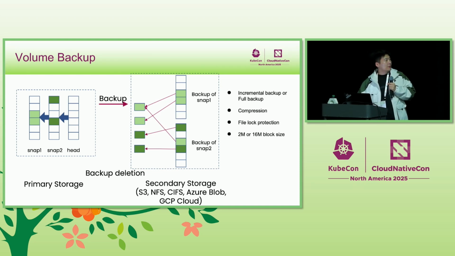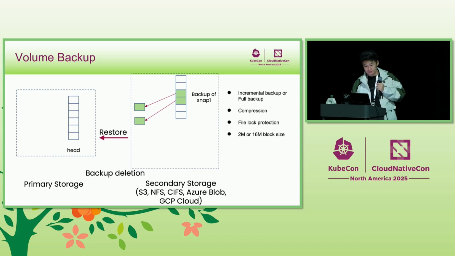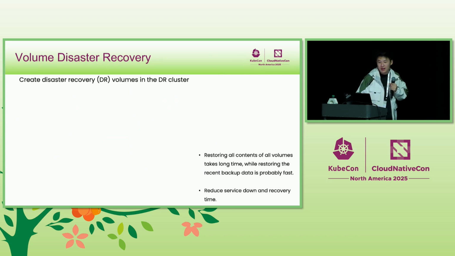Then the corresponding deletion is pretty straightforward. If we want to delete the backup of snapshot 2, we just need to remove the corresponding meta file along with the data blocks that belong only to it. The shared data blocks won't be affected. And the restore is pretty straightforward as well. We just need to copy the corresponding data blocks from the remote backup back to a new volume head. That's it. And based on this backup design, Longhorn can deliver a pretty advanced cross-cluster disaster recovery